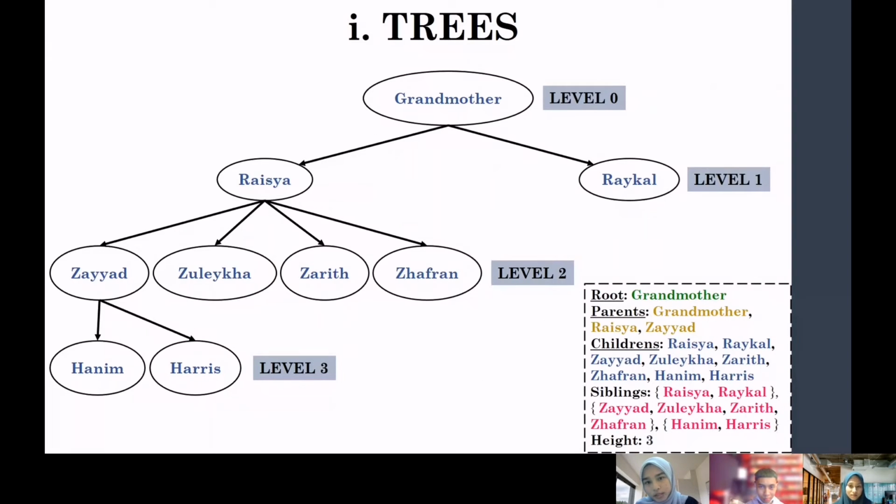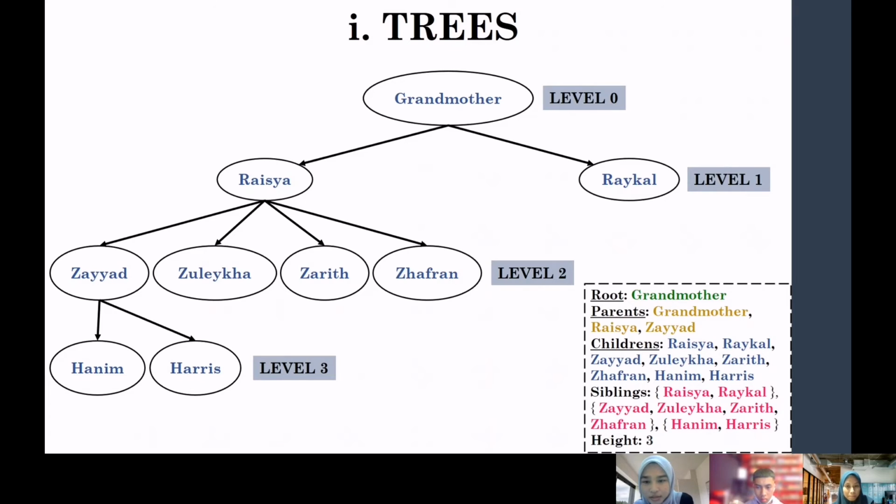Okay, first, the tree. First level is grandmother, it's called zero level nodes. Second level is Raisha and Raikan, it's called first level nodes. And next, Zayed, Zulaikha, Zarid, and Zafran is called second level nodes. And lastly, Hanim and Haris is